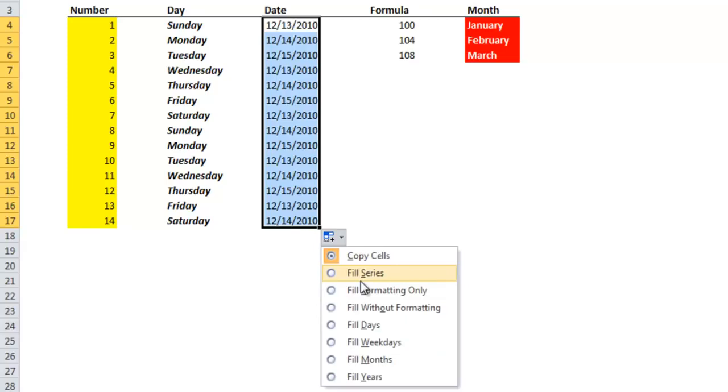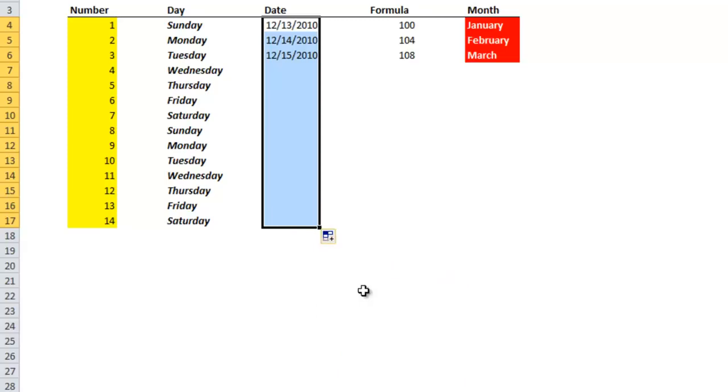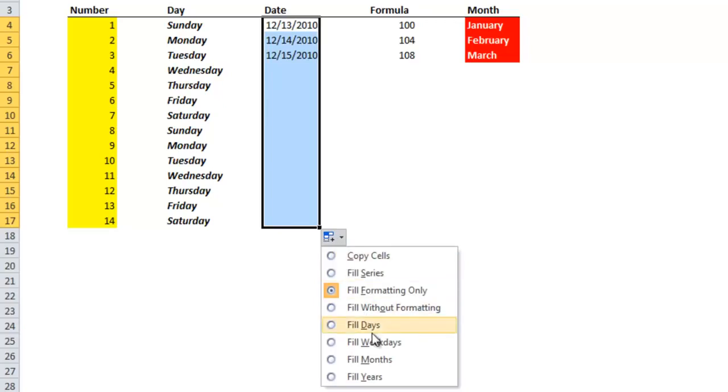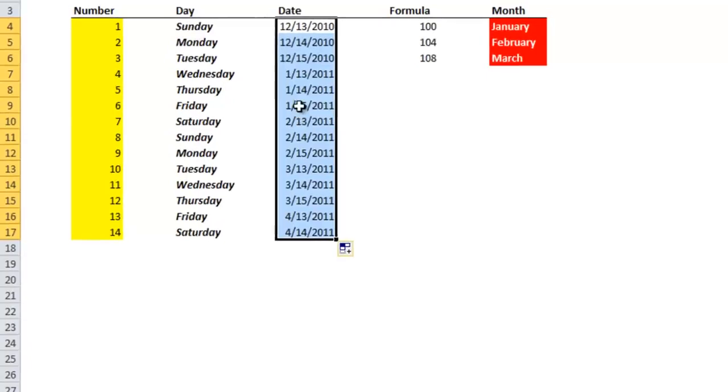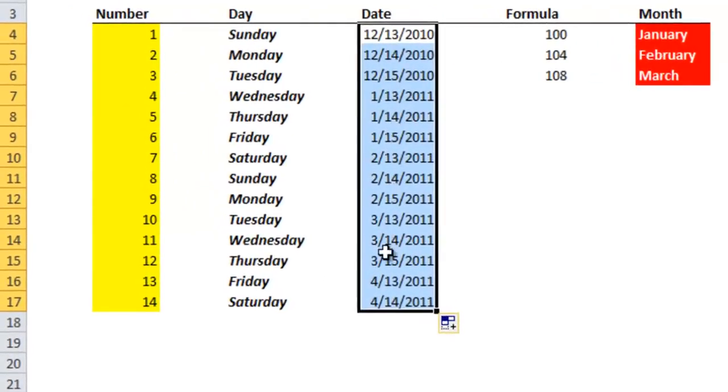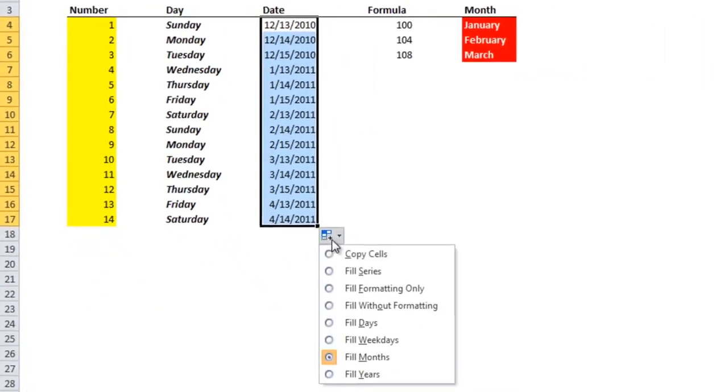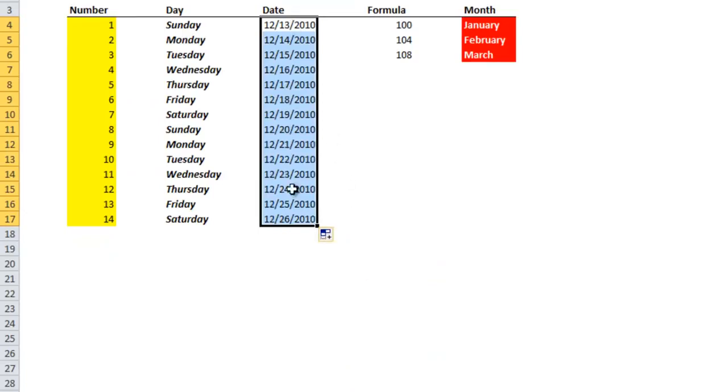If I change it, you can see that there are other options for the fill, like fill formatting only, which doesn't do a whole lot. Fill months, you'll see that it actually goes through each one and repeats it through the different months. So there are multiple options here depending on what you're actually doing. Fill series is what I'm going through right now, so I'll just click that and you'll see it extends it